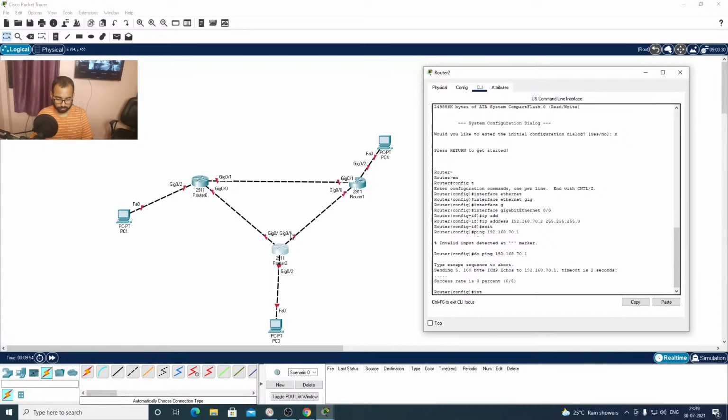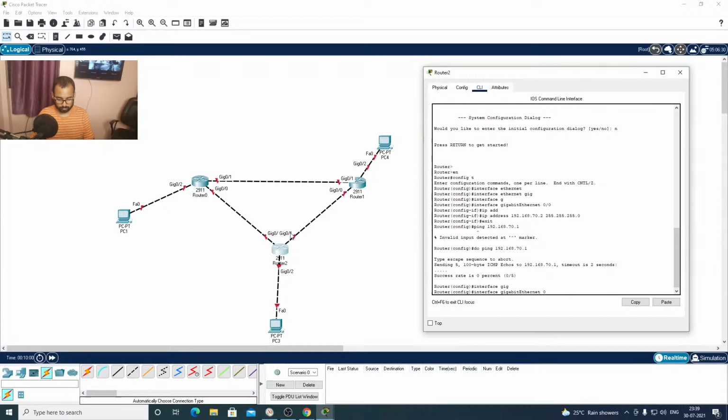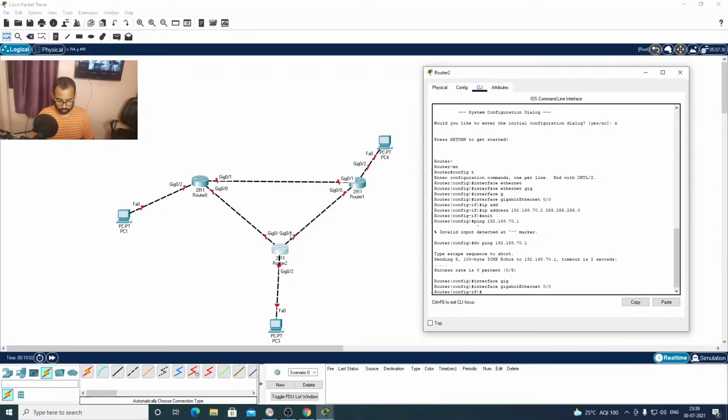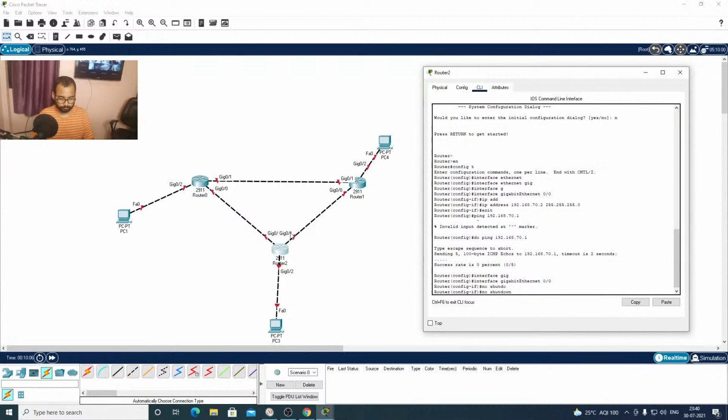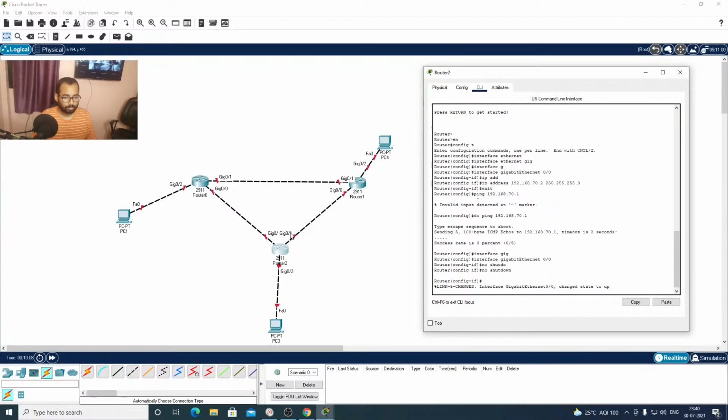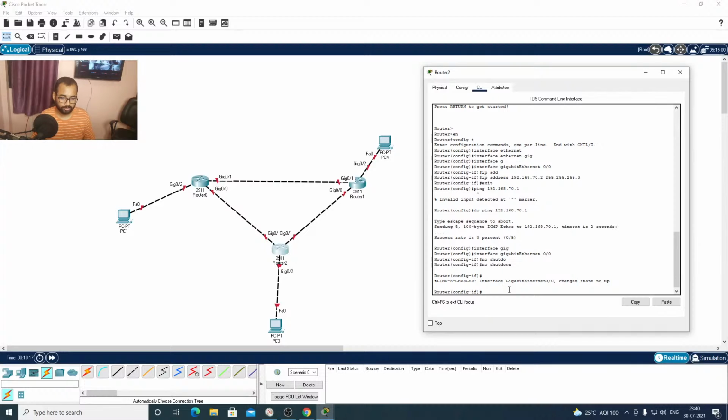So first we'll select interface 0/0 and issue the command no shutdown. As you can see, it is saying interface gigabit ethernet 0/0 changed state to up. Similarly, we'll do it for all three interfaces in that router.